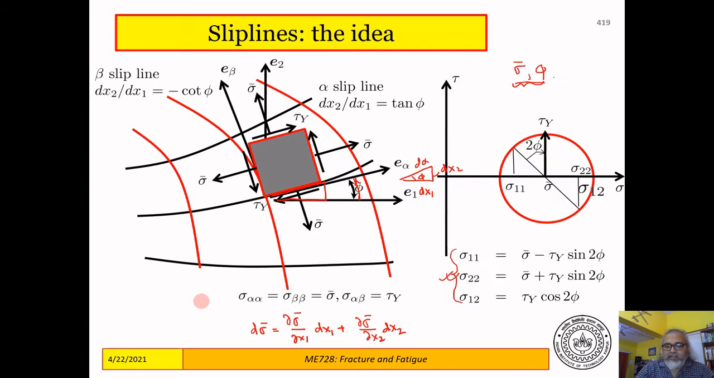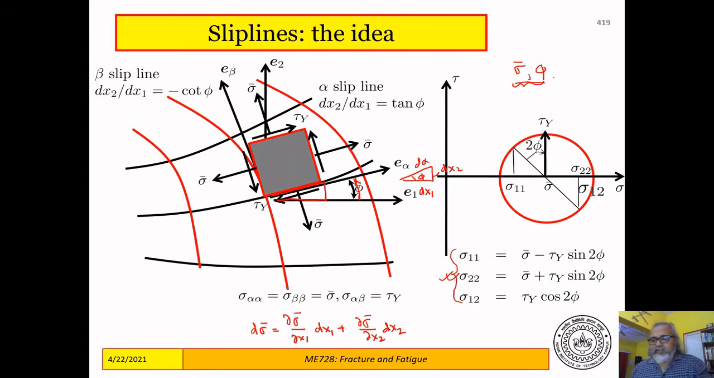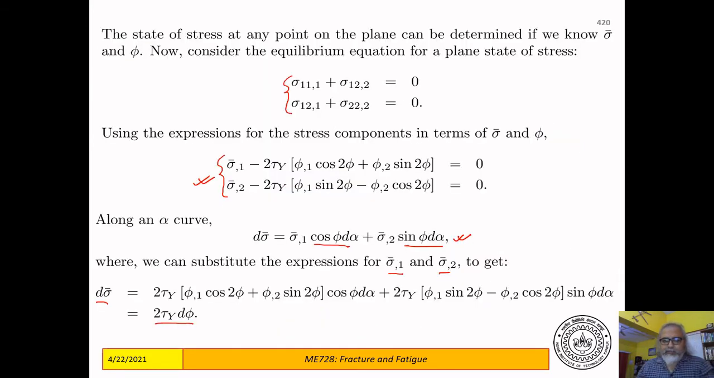So if you measure the change in the angle along an alpha line, from that you can use this expression to get the change in the mean stress. And once you know the change in the mean stress, you can use these transformation relations in order to find the stresses at the point. So this is something that you need to remember, that along alpha lines d sigma bar is equal to 2